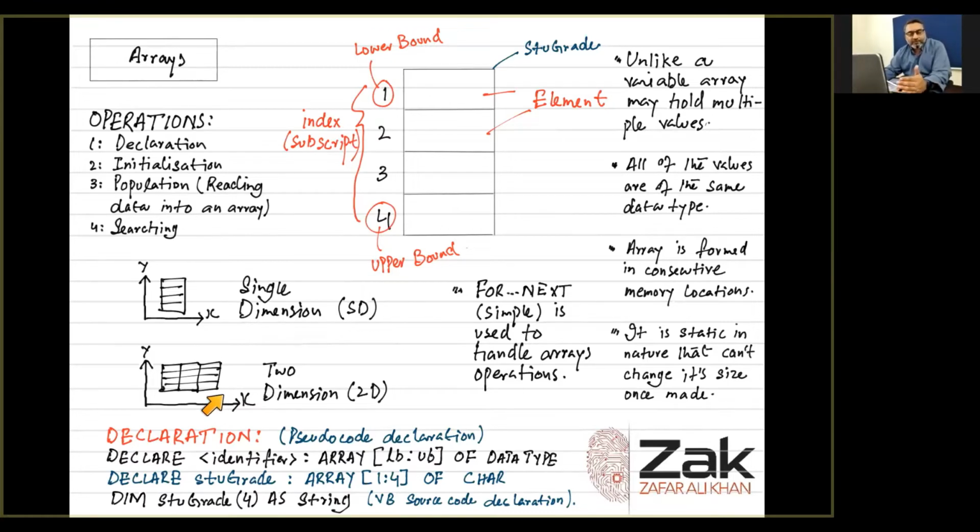So if you want to practice arrays in Python, you would have some trouble because you would have to use lists as arrays. Lists by nature are a bit different than arrays, but you have to program in a way the array works. So that's why I will be explaining arrays in pseudocode or Visual Basic code,